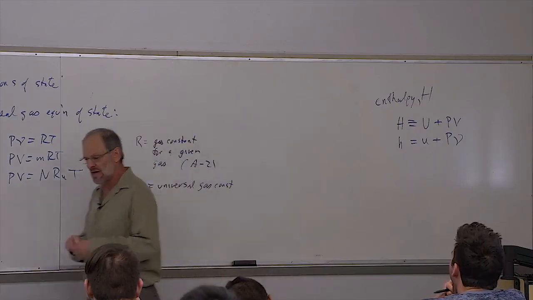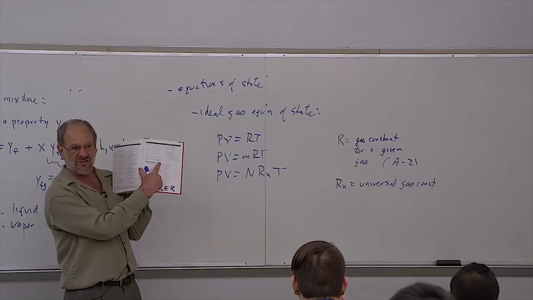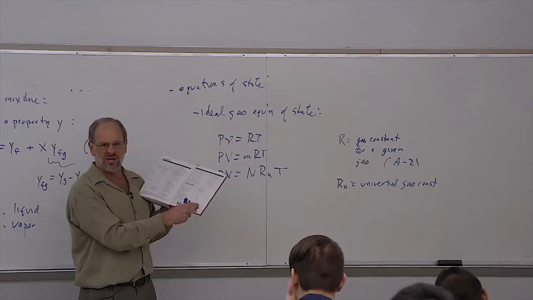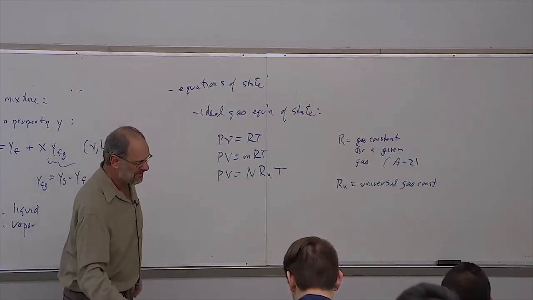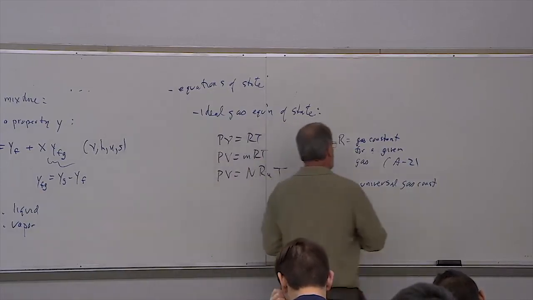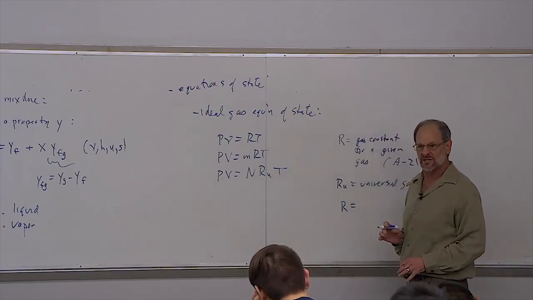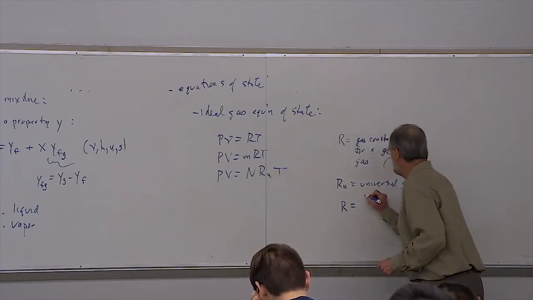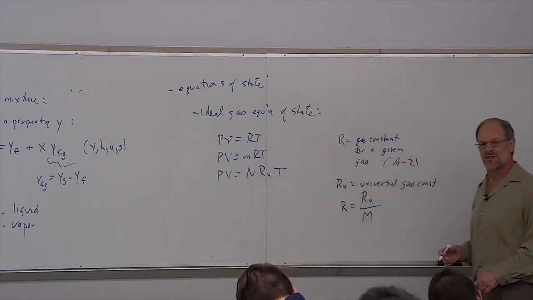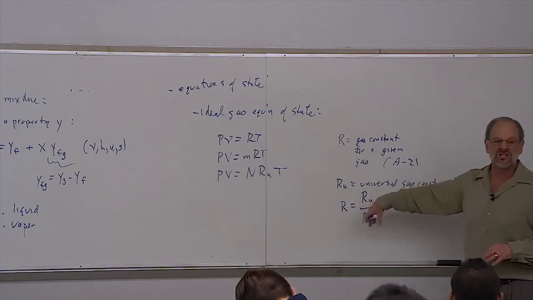And the universal gas constant is also in the inside back cover of your book with like 7 different sets of units. So if you're solving a problem and you need the universal gas constant, again, just go to the inside back cover and choose the term with the right units consistent with the problem that you're trying to solve. And let us note that the only difference between the universal gas constant and the gas constant for a particular gas is its molar mass. If you just simply divide the universal gas constant by the molar mass, then that's going to give you the gas constant. Now, you're never going to have to actually do that.